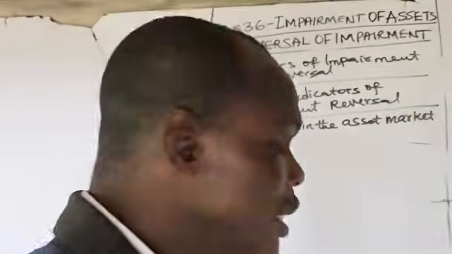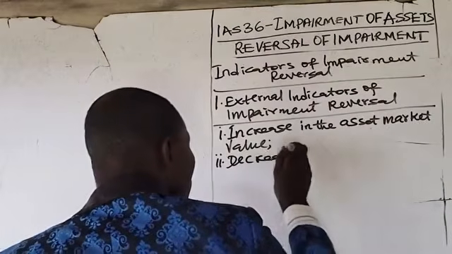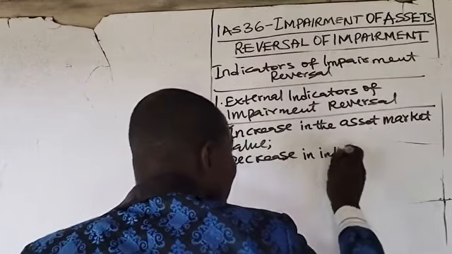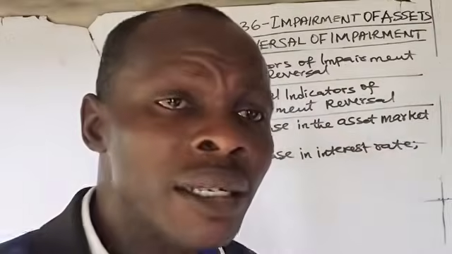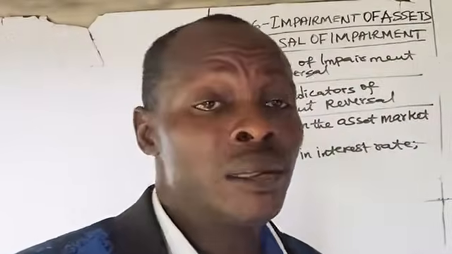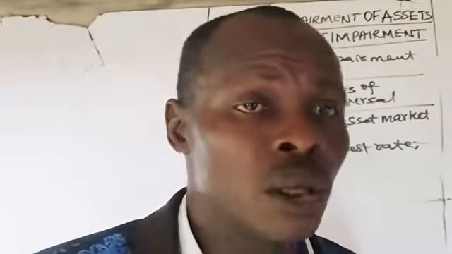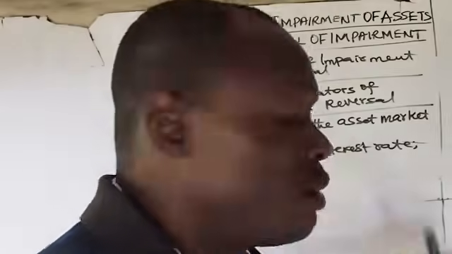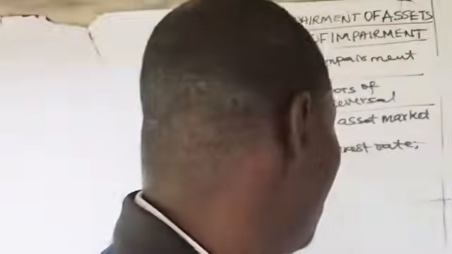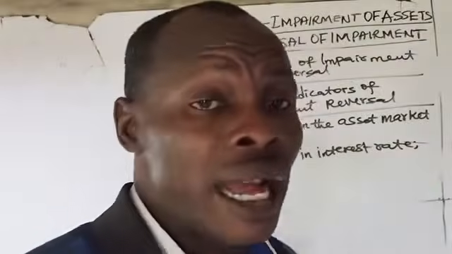Number two is decrease in interest rate. Remember, the lower the discount factor, the higher the present value calculated with the discount factor, and the higher the discount factor, the lower the present value calculated with that discount factor. Since the interest rate will be used as the discount factor